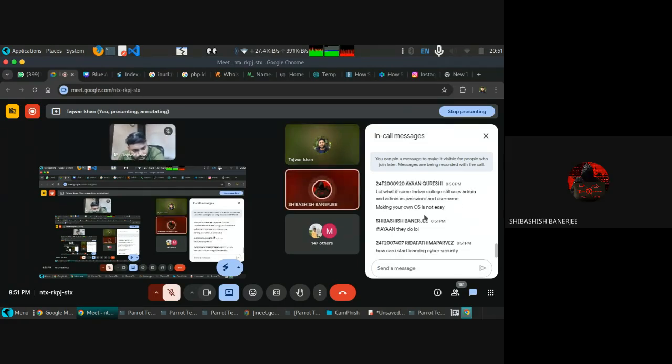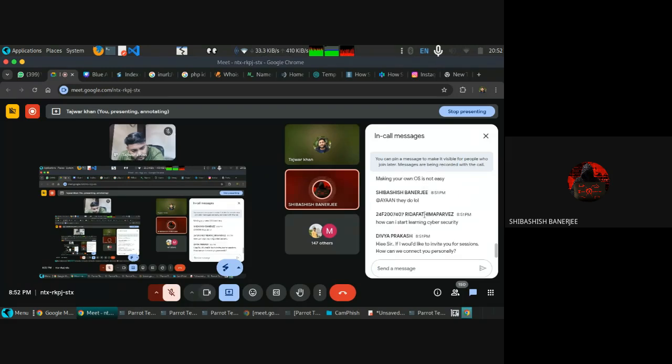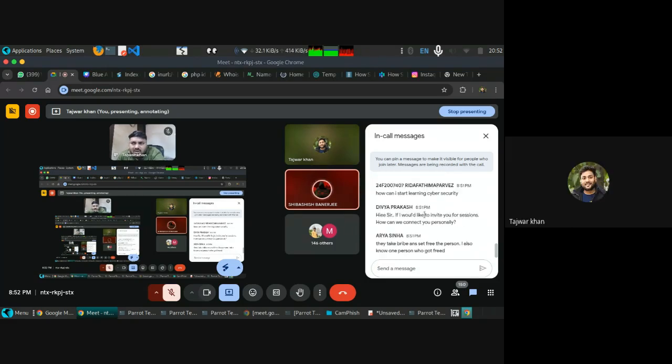I was like, when Ayan said making your own OS, I saw this thing on a Reel or something that the highest level project you can make is the OS thing. So for that, one thing I know is learning C. But do we also need assembly language for that? I guess we do, but I'm not sure. If you're not doing anything related to hardware, you don't need to learn anything related to assembly.